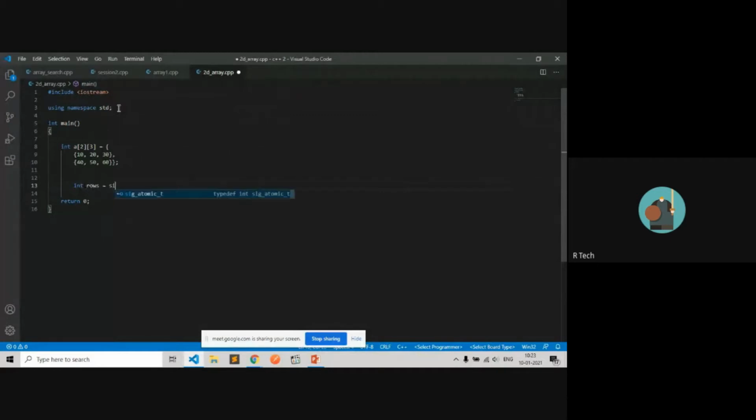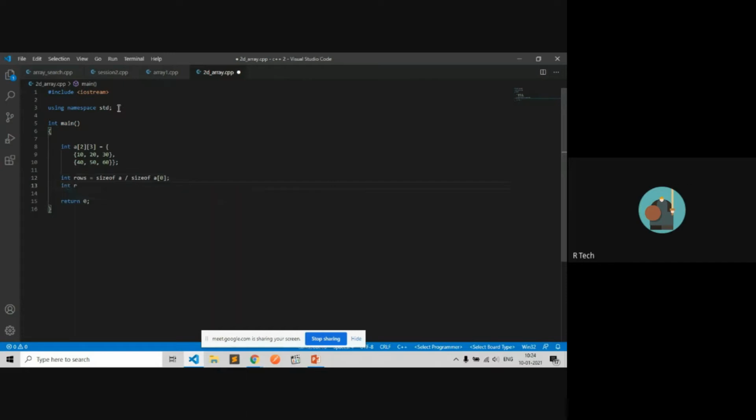Using sizeof, you can find the number of rows, the size of a specified variable. So you get the size of the variable divided by the size of one element, like sizeof s0. It will return the number of rows.